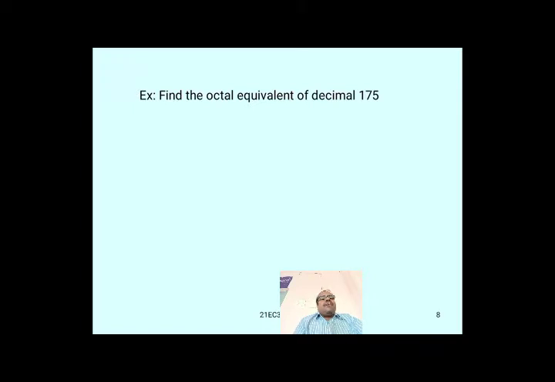Now again we have a decimal integer value only, that is 175. We want to convert it into an octal number. We want to perform that operation with the help of the octal base 8. So 8 twos are 16. We get the value 15. 8 ones are 8. We get the value 7. Remainder is 7. Quotient is 21. We want to perform the division again. 8 twos are 16. We get 5. Remainder is 5. Quotient is 2.